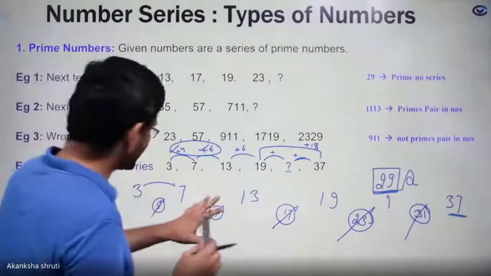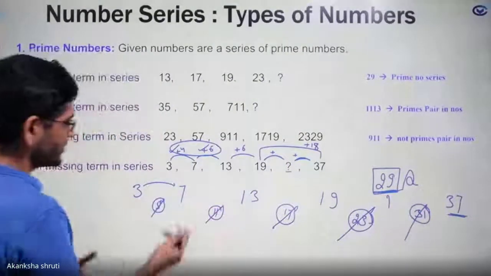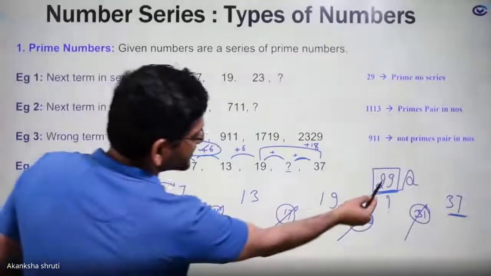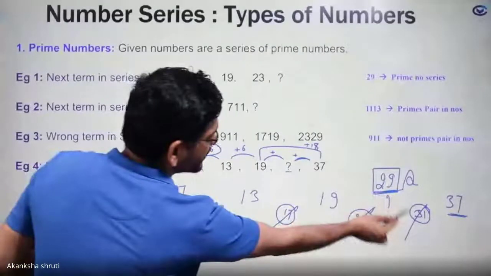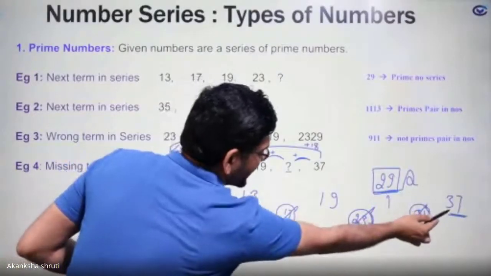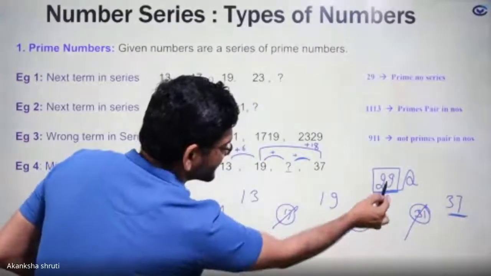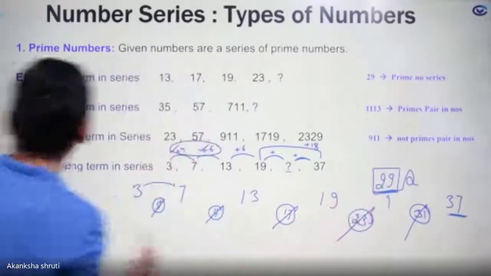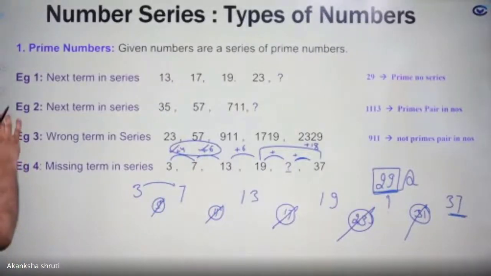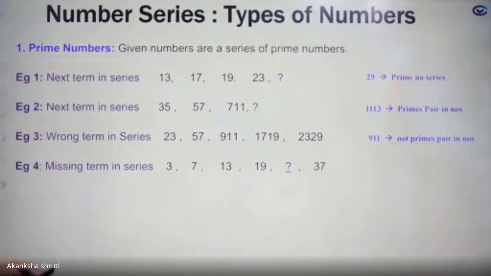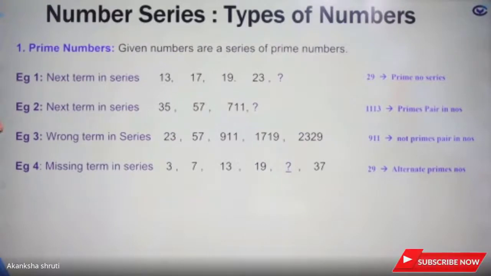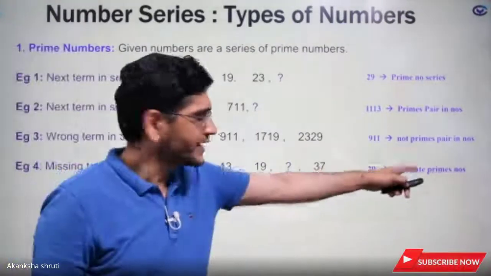I hope it is very much clear. So once one is skipped, the same rule has to be followed here also. By placing this, one is skipped, next should come. That's why 29. Or after 19, one is skipped, the next should be put. That's why it is 29. It was this one. Students, is there any more question? The same thing: it is alternate prime number.